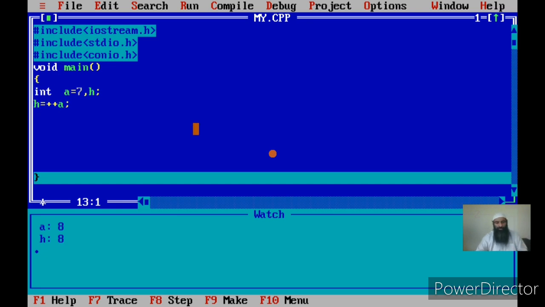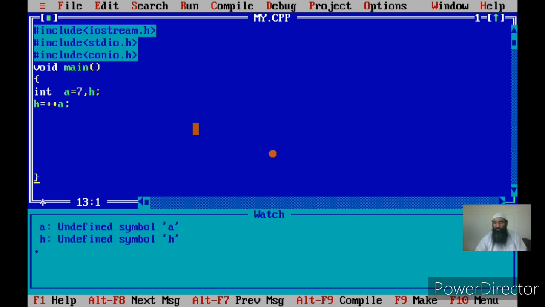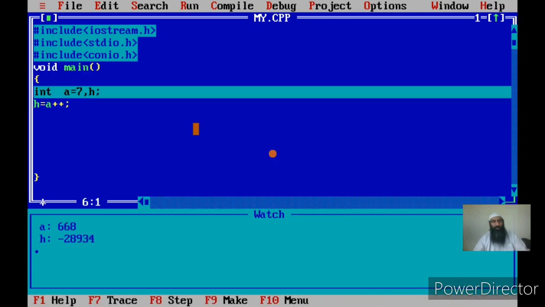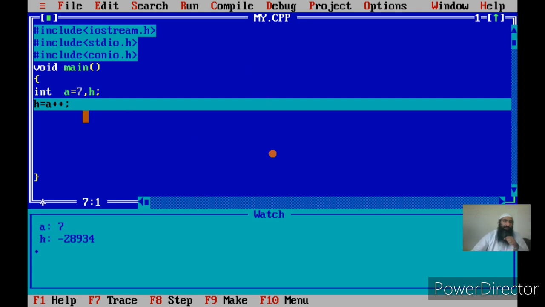Okay, now let us see once we use it in a postfix form. In that form, first it will be assigned to h, and after that the incrementation will take place. Let us see that. You will know the difference. Now once the operator is used in an assignment statement or in an arithmetic expression in a postfix form, what happens?